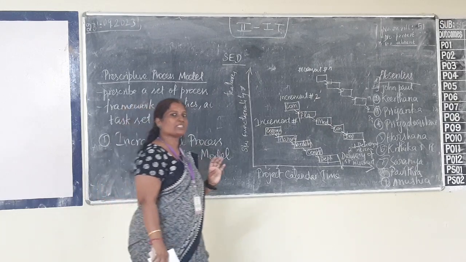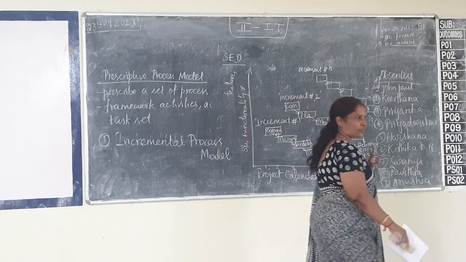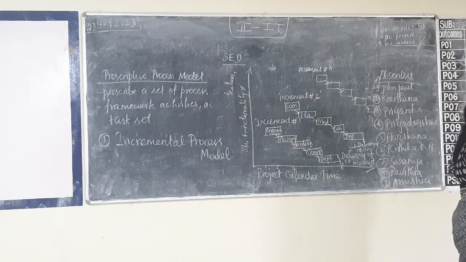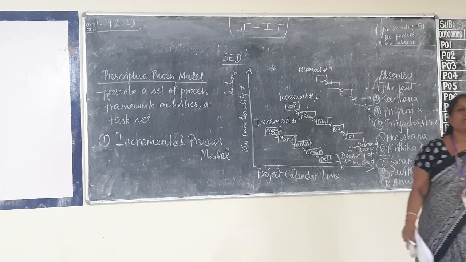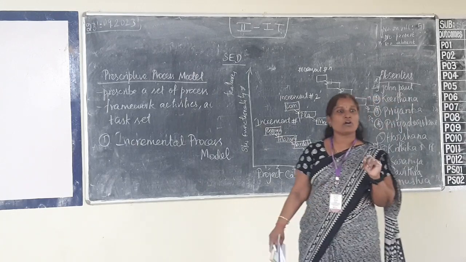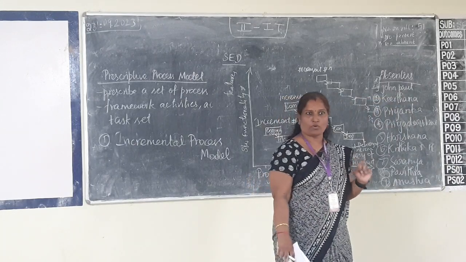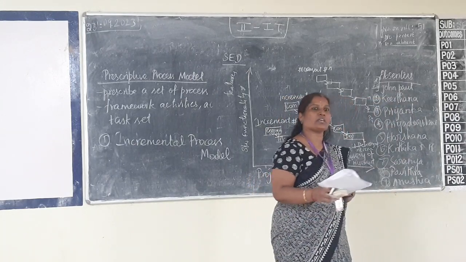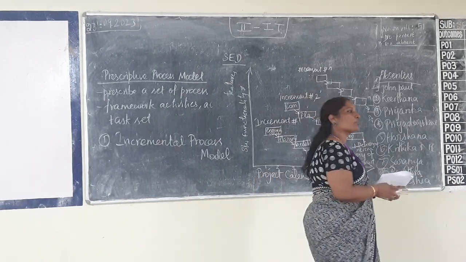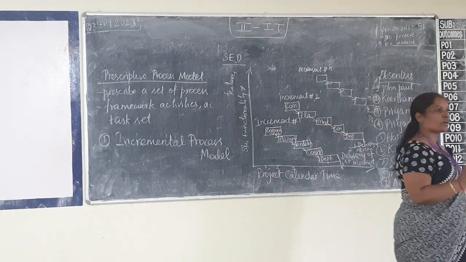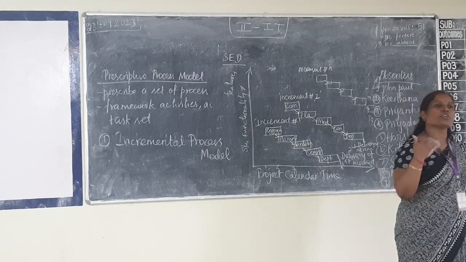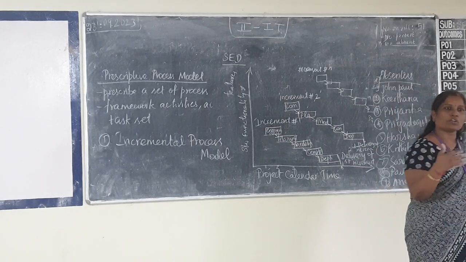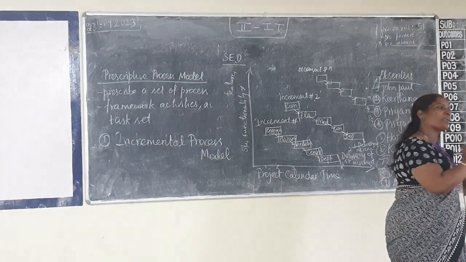So what are all the models we have discussed now? Three models. First is a very basic, simple, beginner model, called the waterfall model. It resembles our linear or sequential process flow model, because one after the other only it will happen. Once you complete one activity, only then can you move on to the next activity. There is no feedback over here. So if you collect any feedback or want to make any variation on the previous stage, after